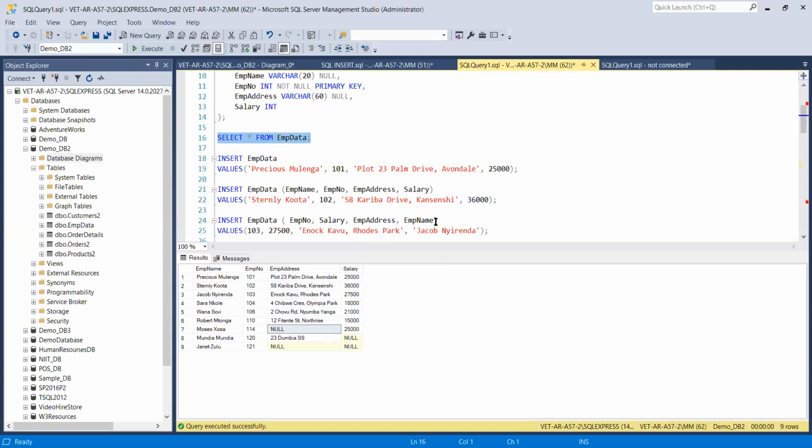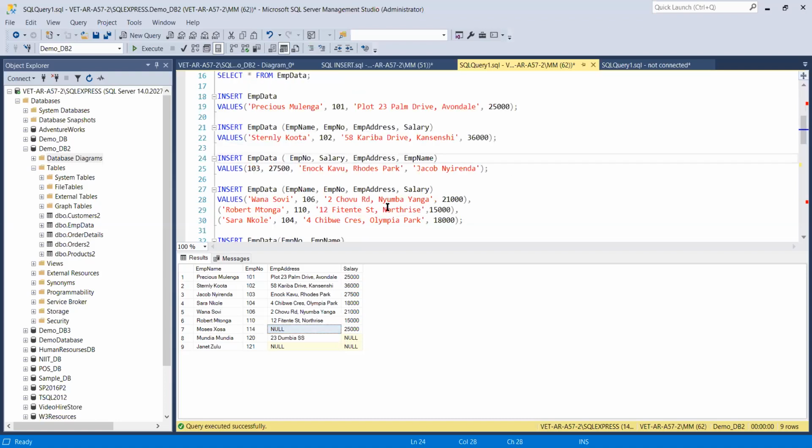I run the query. So this one doesn't have the value there. This one doesn't have there. This one doesn't have there. This one doesn't have there. So if we wanted to set the address for this employee called Moses Kosa, what we'd do is would say